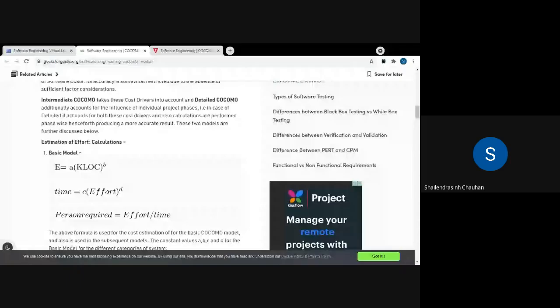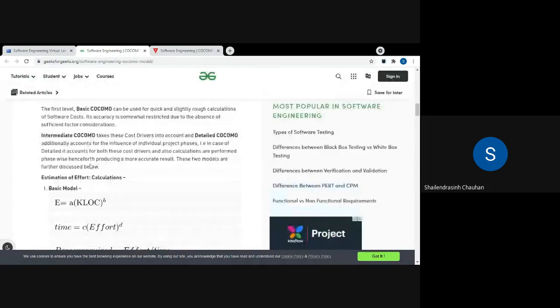So for the basic model, you are going to consider the scale of line of code. To estimate a few things like effort, the time required to complete the project, and the number of persons required to develop the software, you require just one thing, that is line of code. You are only focusing on line of code to estimate all these things, not on any other things. Fine, so that is about the basic model.